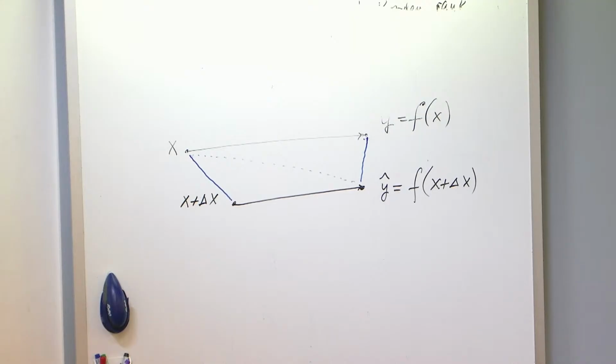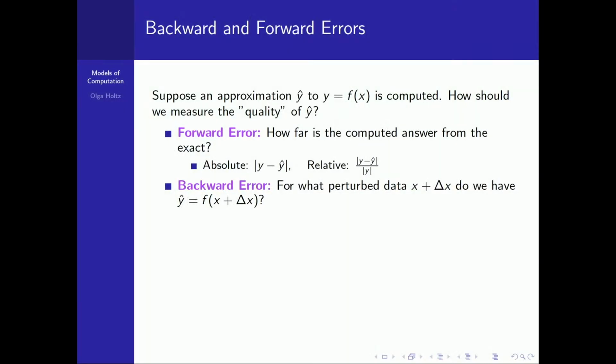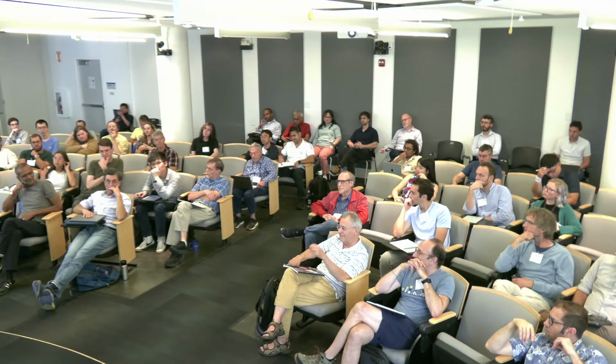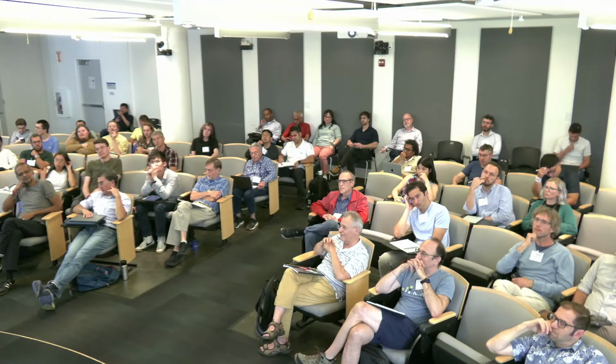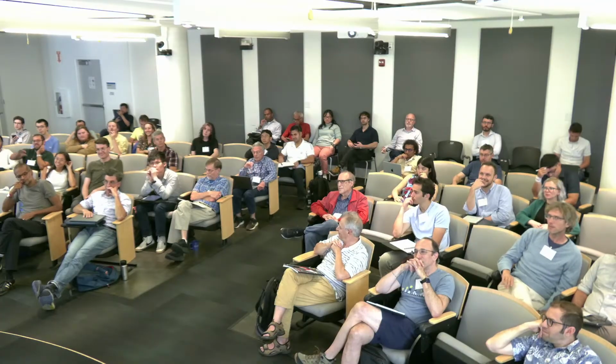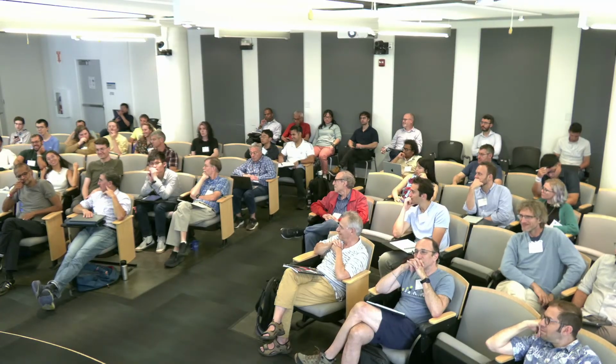So where is forward error and where is backward error? When are you interested in this backward error? You're interested in this a lot. This is the gold standard for linear algebra: is your algorithm backward stable? More will follow, I'll talk a little bit more about this. Okay, just show me where forward is and where backward is, and then we'll move forward.